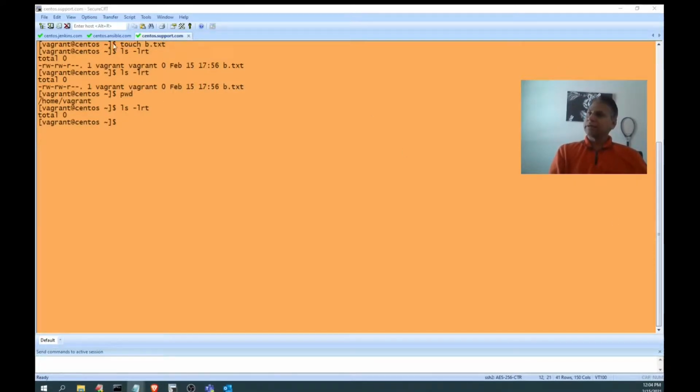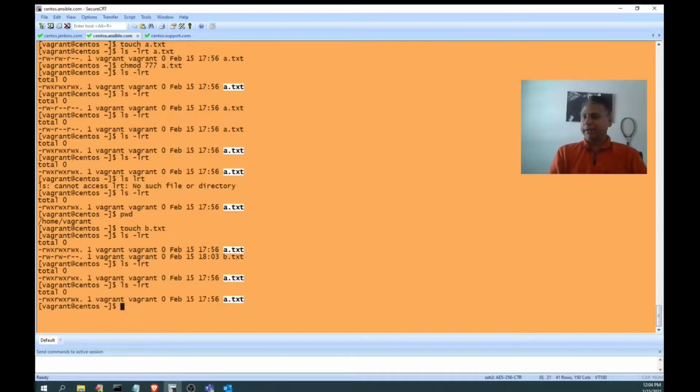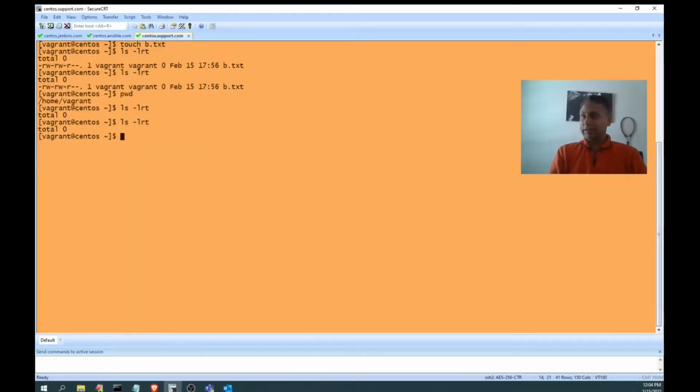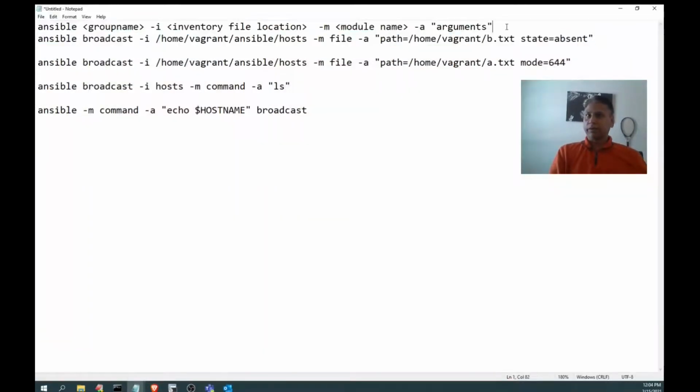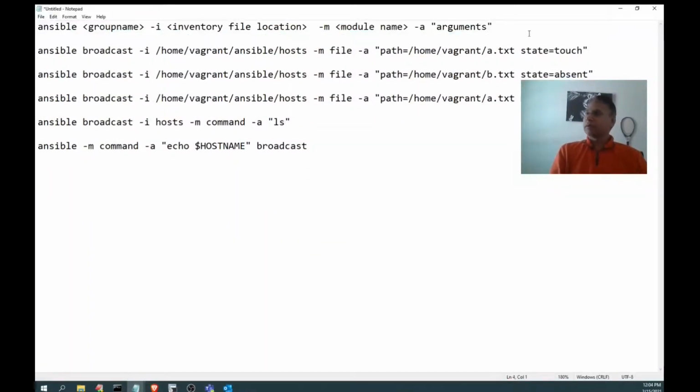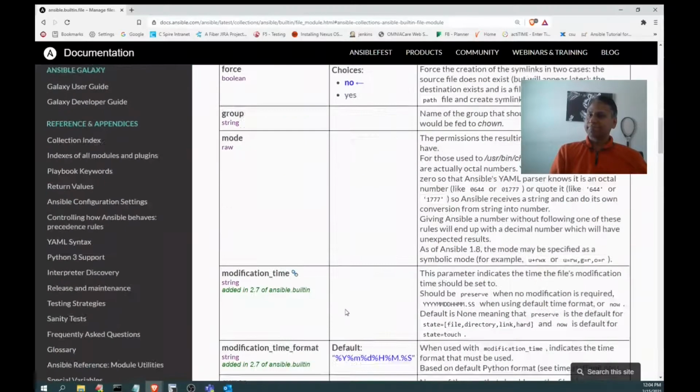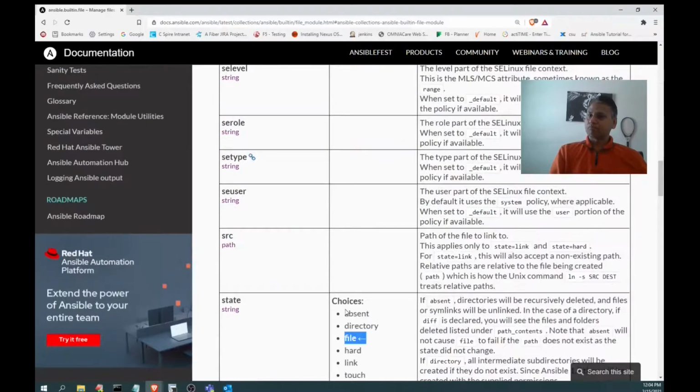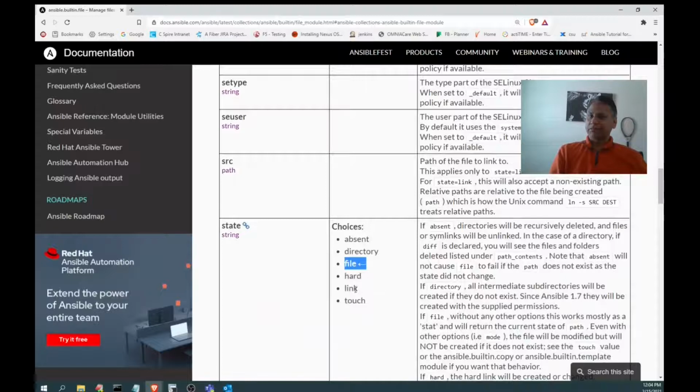Now likewise, here I am going to touch the file a.txt. What's the timestamp? It is 1756. Here there is no such file. So let's see the rubric, how to create the commands. Same ansible -i host -m file path, state is touch. That's what we have seen here, right? Yeah, state is touch.